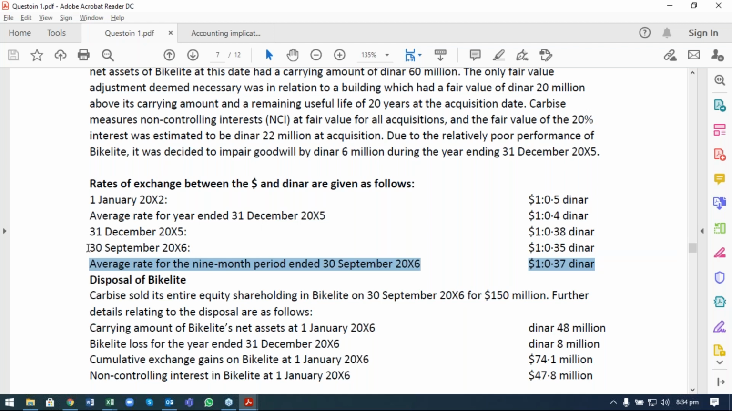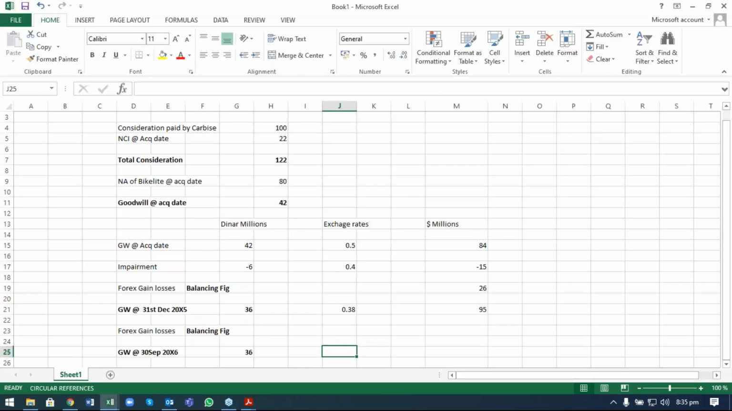Right now we have to consider that there is no impairment in this period. Impairment was only for the time period up to the end of 31st December 2005. Later there is no impairment on the goodwill. So the exchange rate is 0.35. I'm going to consider 0.35 and calculate the same working, and the goodwill value is 103